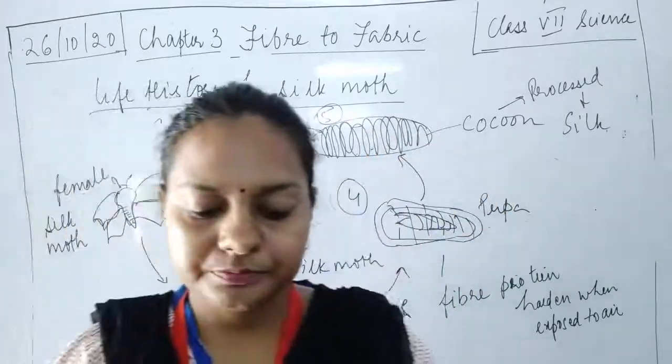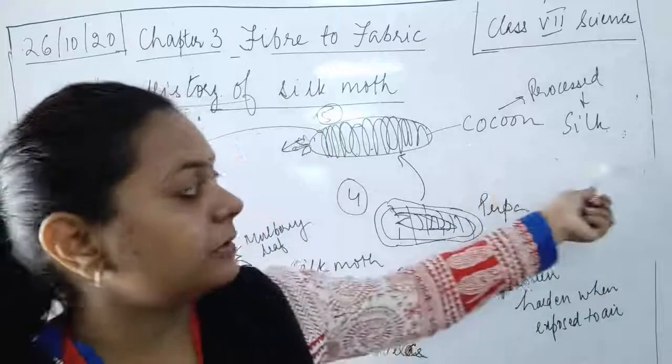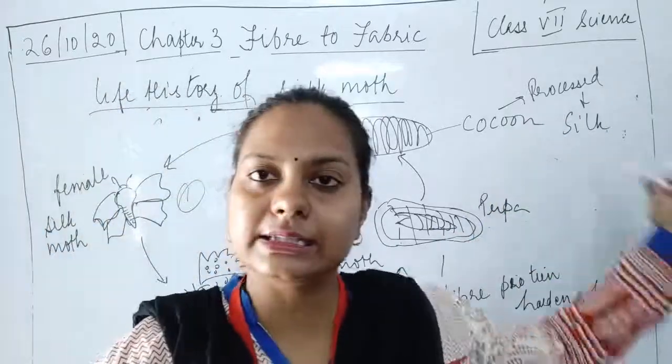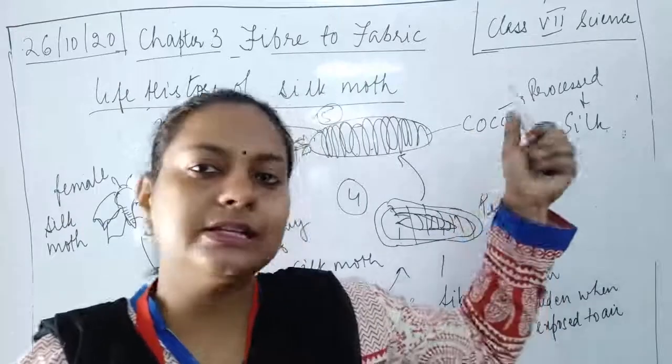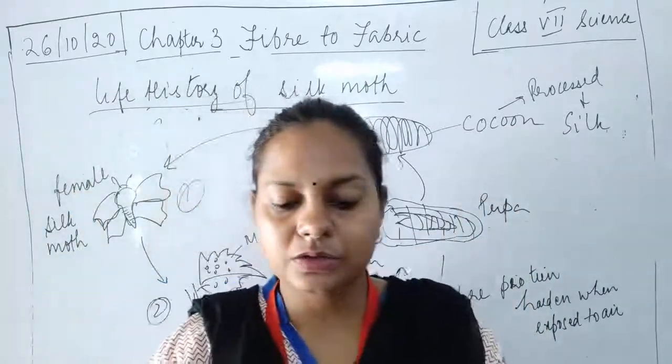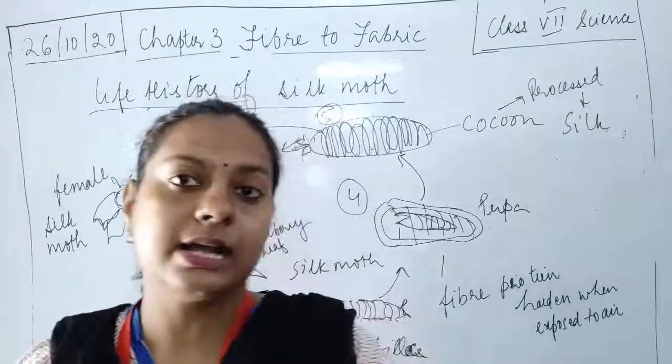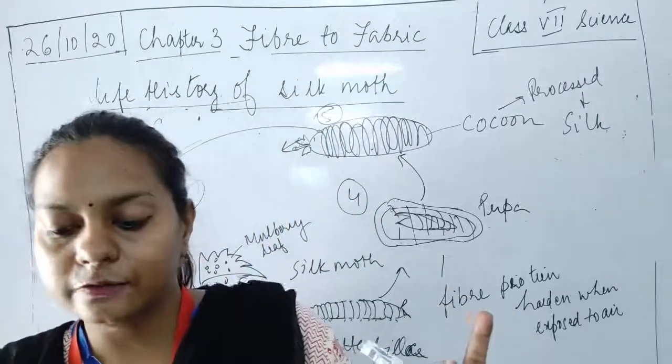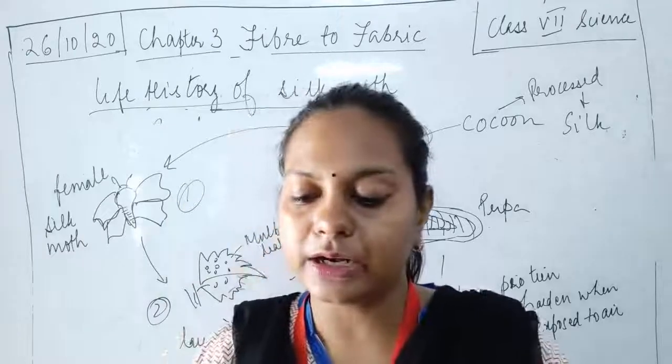Now, this stage is responsible for the development of the silk. We process this stage. We are not going to kill the animal. We just take up this cocoon, we take up this cover, and we process it. This covering is called cocoon. Please remember, the further development of pupa into the moth continues inside the cocoon.